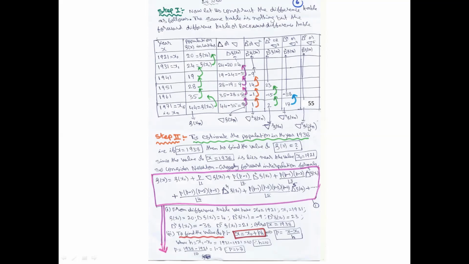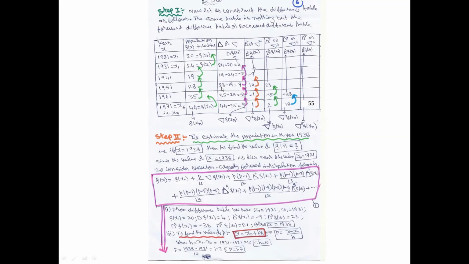So this is the way of constructing the difference table. They may ask it for 2 marks in the final examination: construct the difference table for the given data. If it is the only question, it will carry 2 marks. For 5 marks, there will be question A and question B. Question A answer is step 1. Question B answer is step 2.